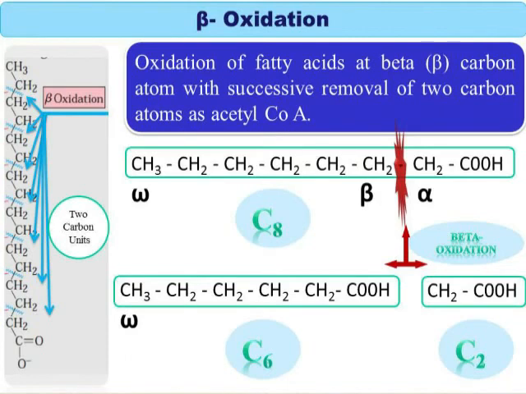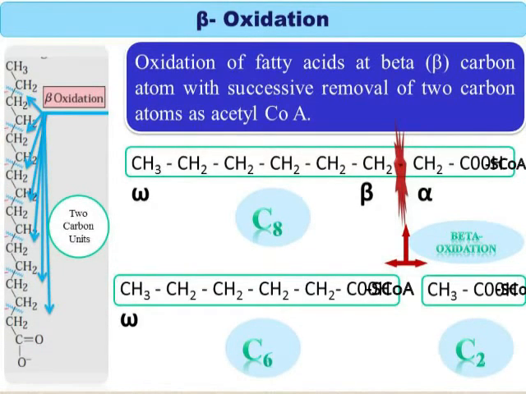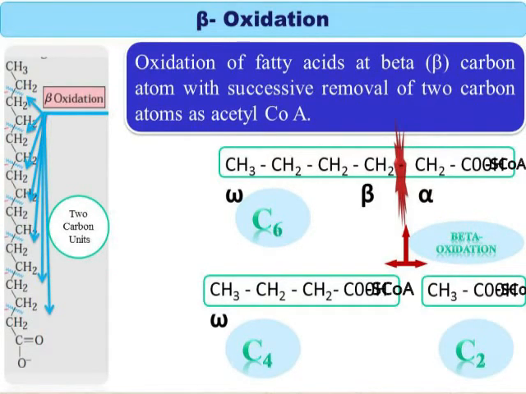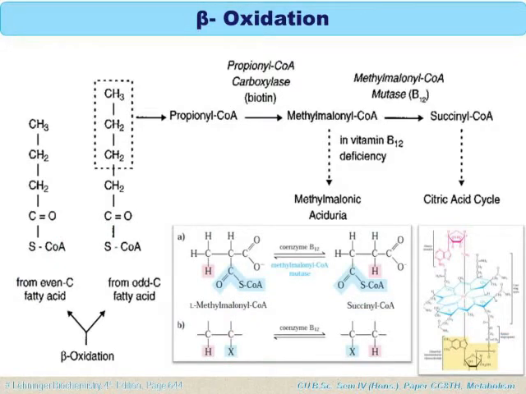Each cycle of beta oxidation produces 2 carbon unit acetyl-CoA, and the carbon chain length of the fatty acyl-CoA reduces by 2 units. Lastly, butyryl-CoA, a 4-carbon acyl-CoA, is produced by beta oxidation of even chain fatty acids and undergoes the last cycle of beta oxidation. If it is an odd chain fatty acid, the final product is propionyl-CoA, which does not undergo beta oxidation,